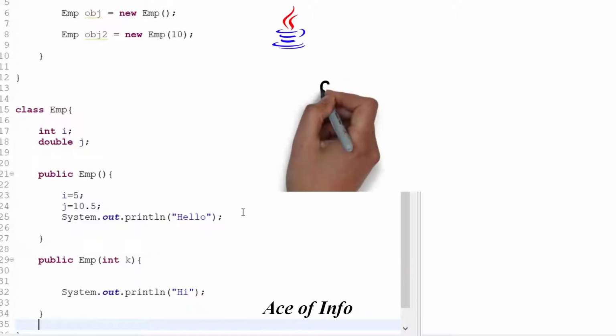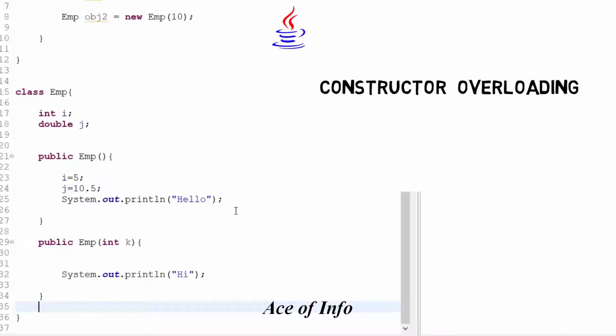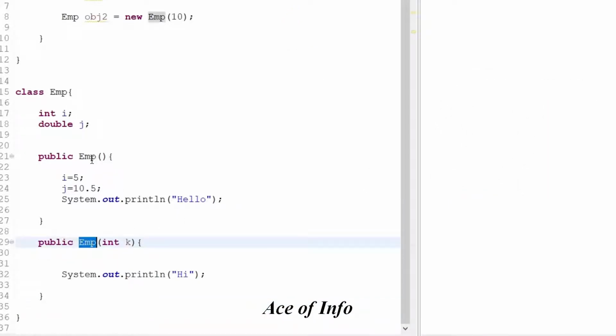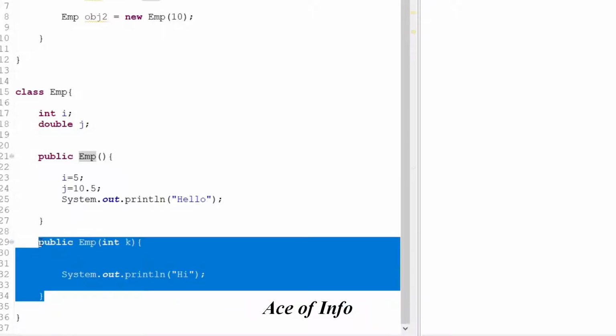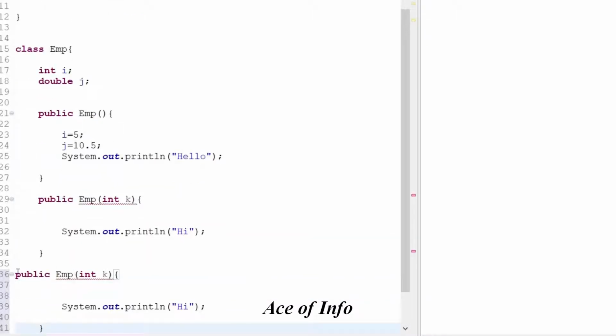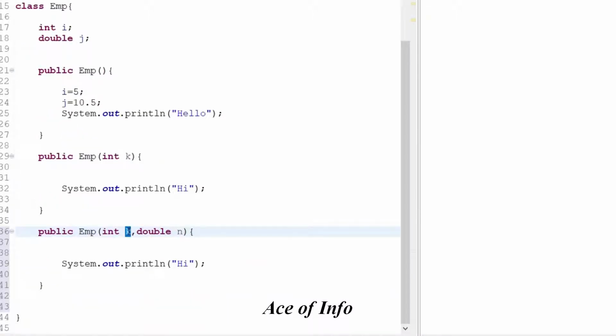Now this concept is actually called constructor overloading. These are constructors and we are overloading them by using different parameters. So you can do it as much as you need. If I use another constructor here, and I will pass another value, not just int k, I will assign some value like double n, and instead of this j I will use p. It won't matter, but I will just use p to understand it better, right?